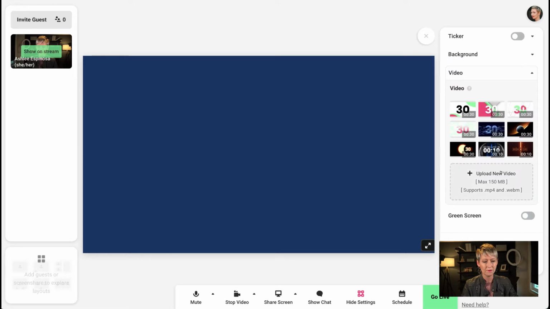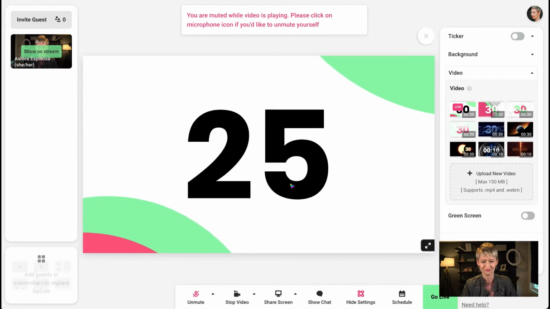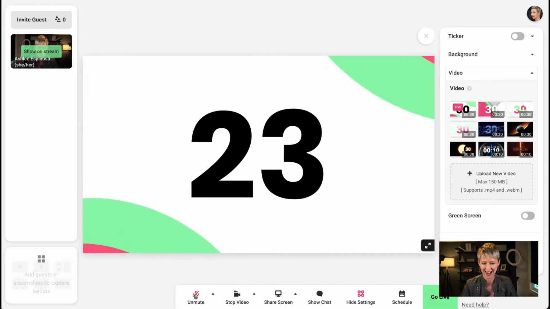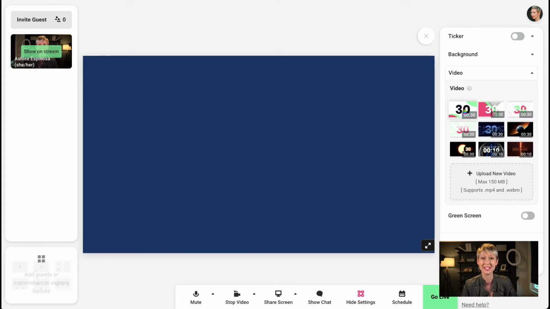And then down here on the video one, you can click that and you can actually do a countdown. So if you're live streaming and you want to have a countdown instead of it just you popping on, I've used this a couple of times and I really, really like it. You can click a countdown and it will immediately count down. And it has that countdown with built-in music. So you can click that on your screen and have a really fancy countdown just by navigating it right here. You also have the option for a green screen down here as well.